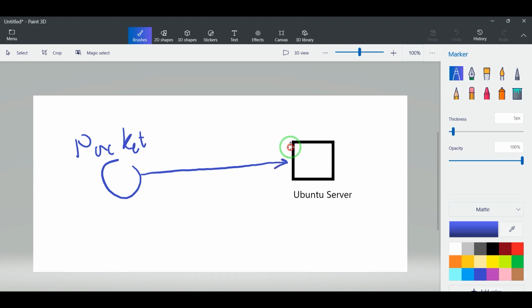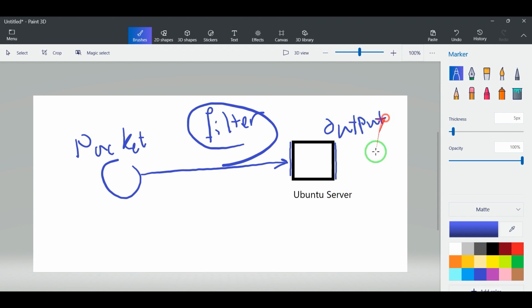If this packet is going to this input interface, the chain input, which is mostly used for filter chains, it means, hey, do something to this packet before it is prerouted or before it is forwarded in my Ubuntu server, which is our filter chain. Or when the packet is going out from my Ubuntu server, call it the output chain, please do something. For example, if you were about to send this packet through this interface, now you can send it through another interface on the output chain. But for the NAT chain,